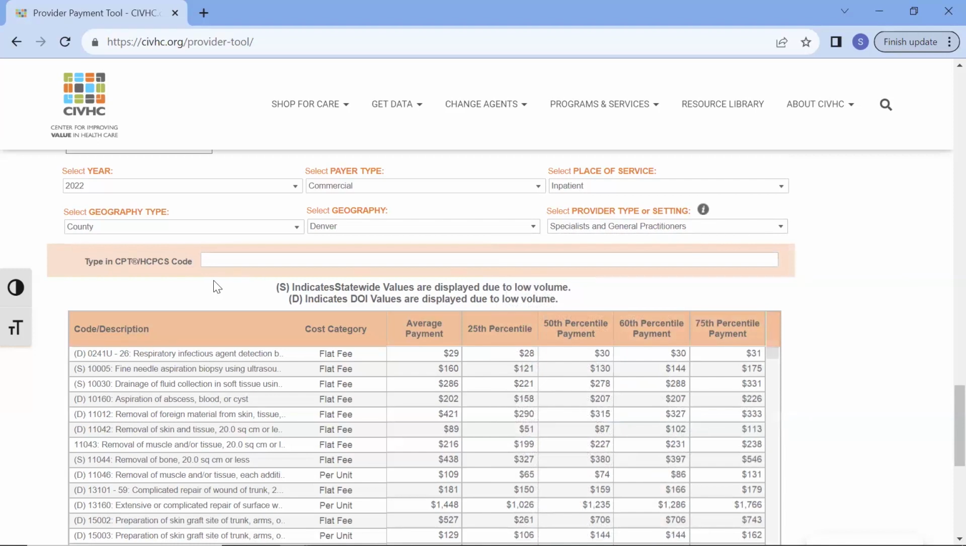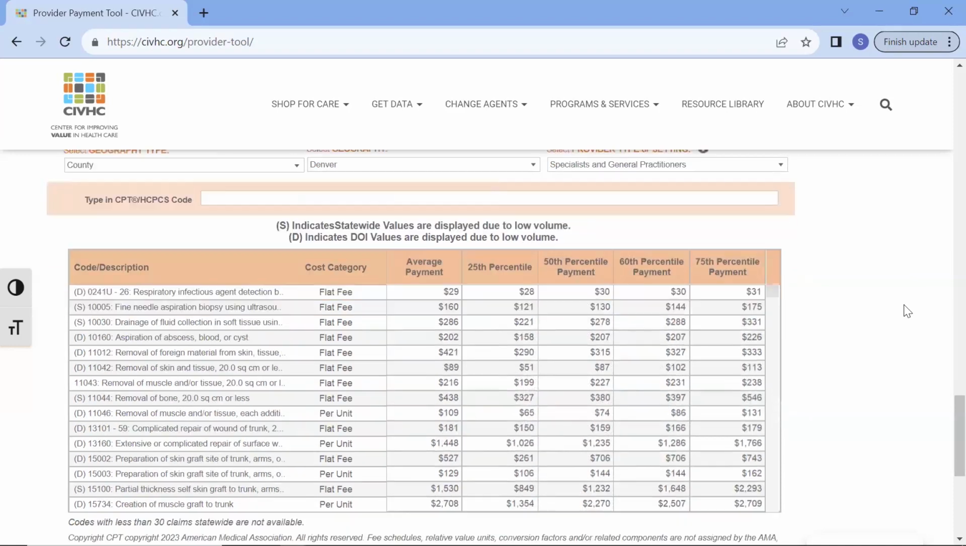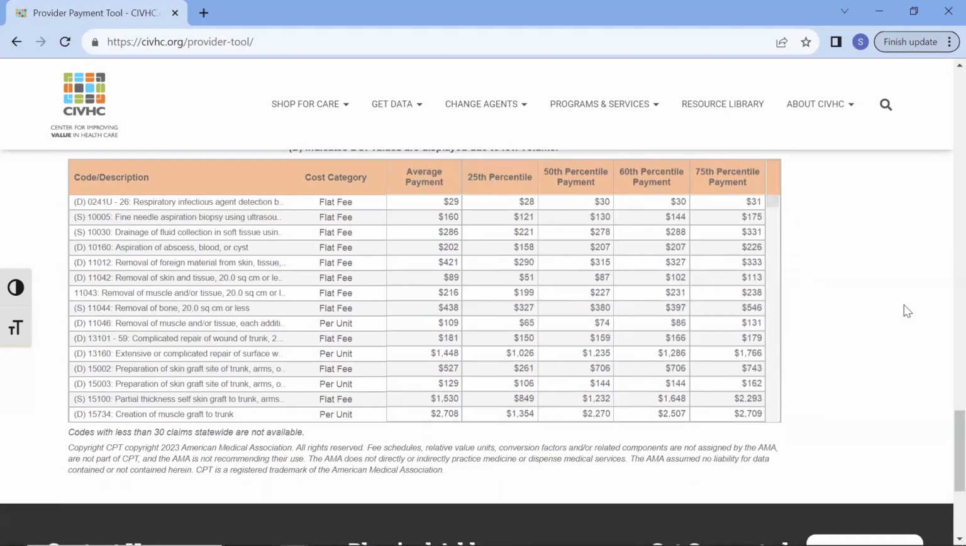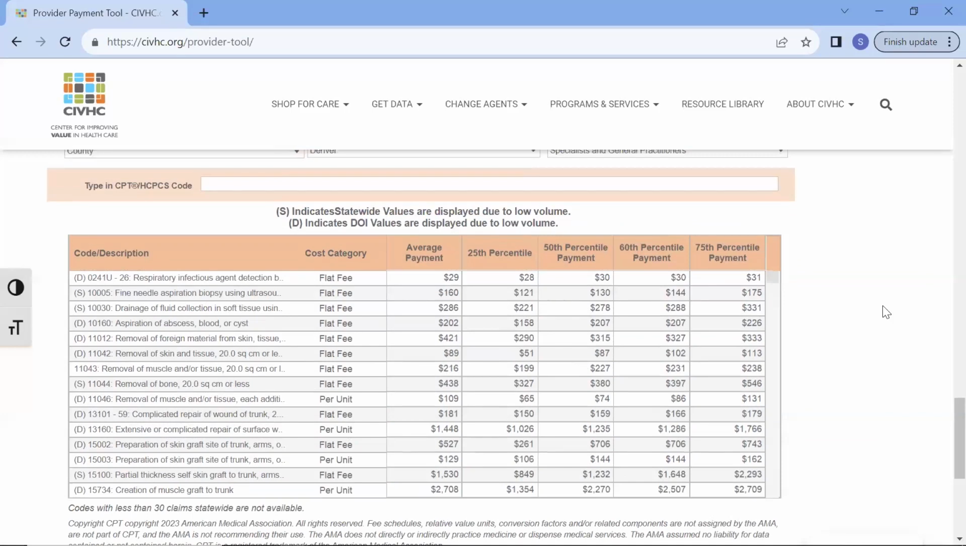With the selections we've made, we get results for all of the codes available that had at least 30 claims in the Colorado All-Payer Claims Database. The output gives you the specific code and name, identifies whether it was paid for on a flat fee schedule or if it usually depends on a unit of measurement, such as how many minutes were involved, and gives you